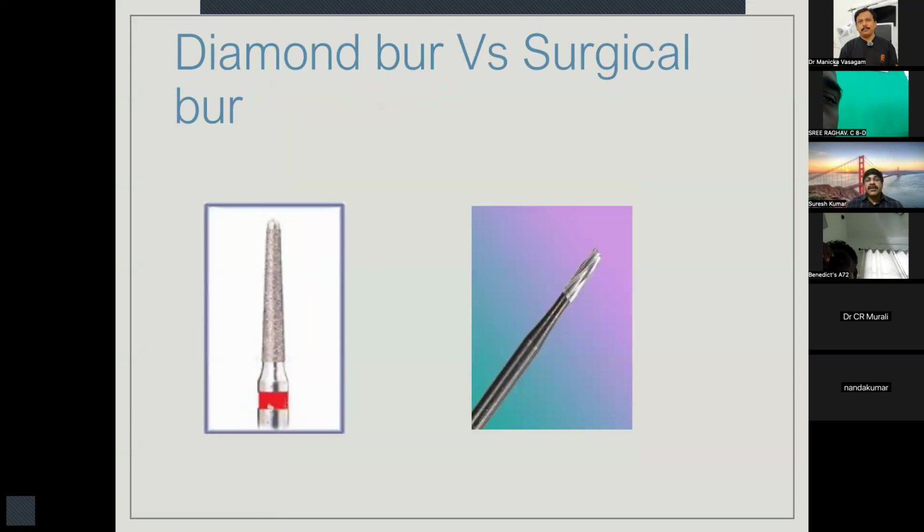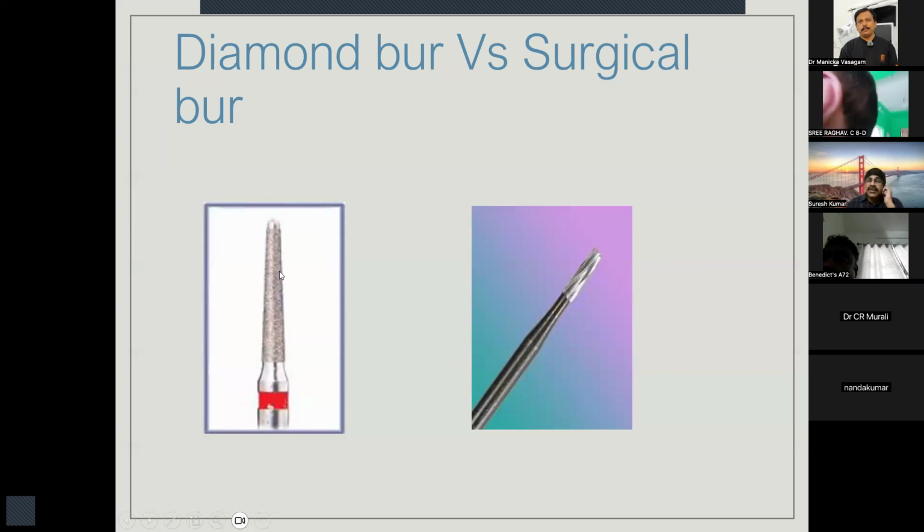Before going into that particular point, we should know the difference between the aerotor bur and the surgical burs. So you all know aerotor burs. It's nothing but a bur coated with diamond tips. Okay, diamond particles are coating this bur. So when you use this bur on any hard substance, it is only going to abrade that part. This is how you prepare a cavity, or you do a crown preparation or bridge preparation on a tooth. So it is only abrasive action.